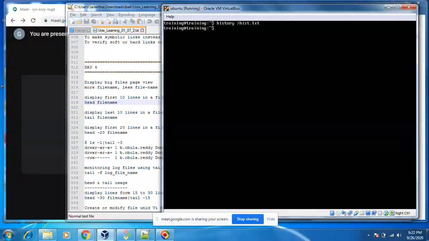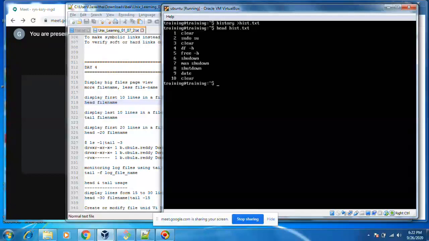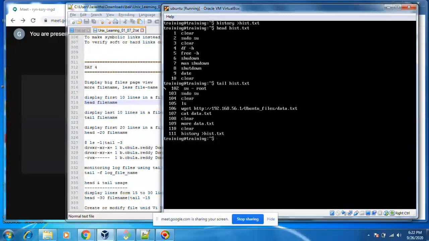I want to list the first 10 lines in history.txt. Head history.txt. I got the first 10 lines. Now I want to display the last 10 lines. Tail displays the last 10 lines.